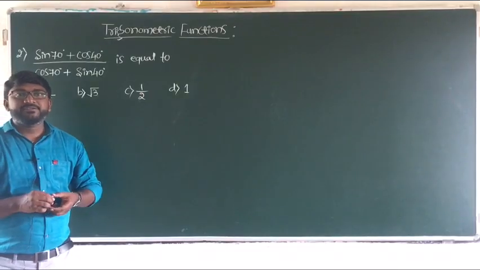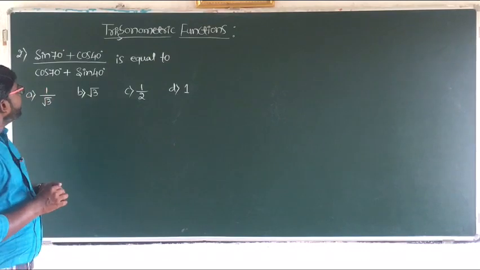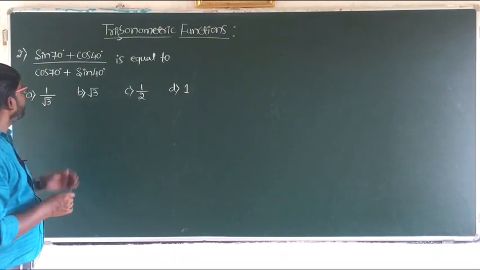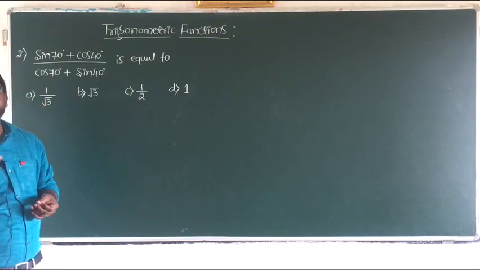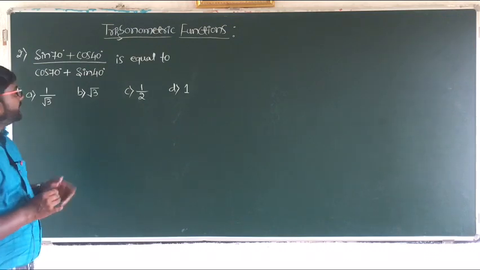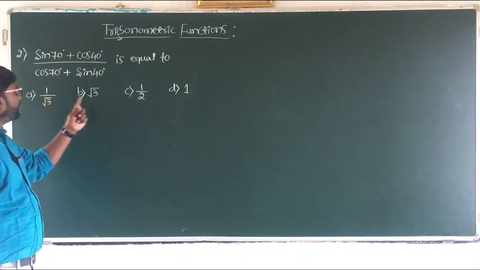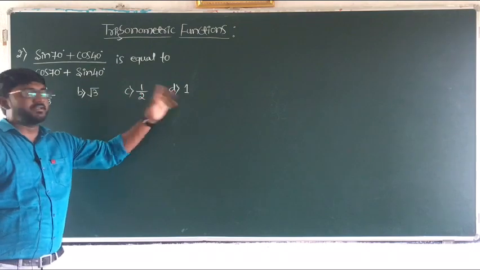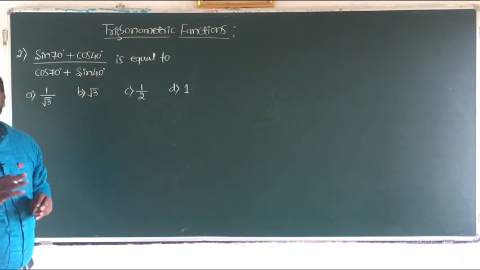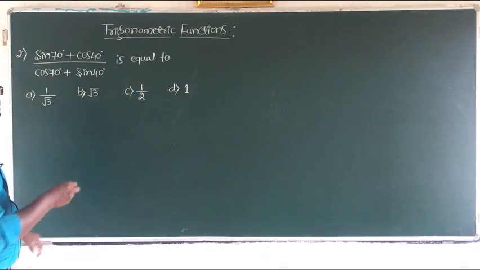Well, the second question: sine 70 degree plus cos 40 degree divided by cos 70 degree plus sine 40 degree is equal to. The options are 1 by root 3, 1 by 2 and then 1. This was asked in 2012 Karnataka CET. So see here,